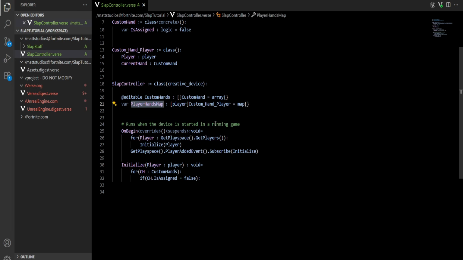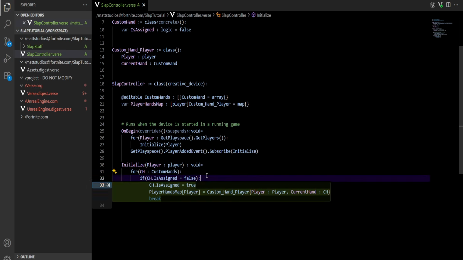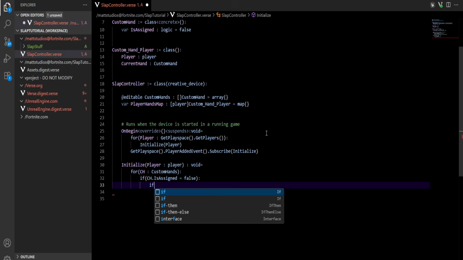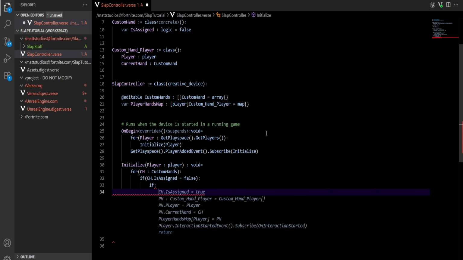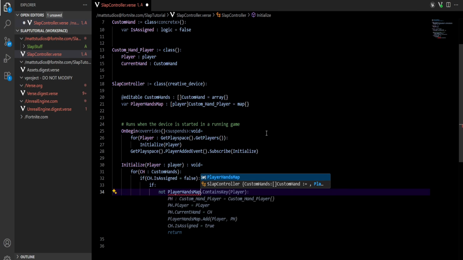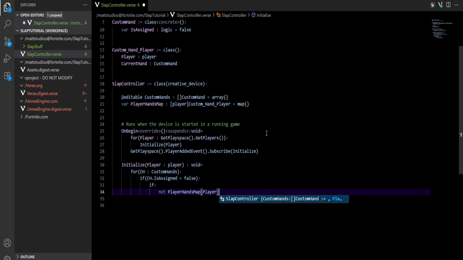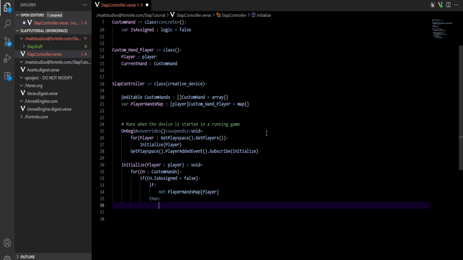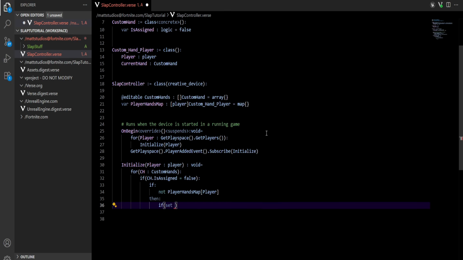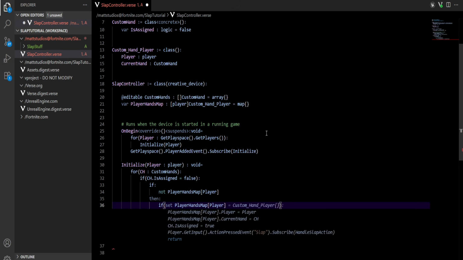So now we need to initialize the player inside of this map once a custom hand is found. So I will say, let's first check if the player is already inside the player map. So we'll say if not player hands map, and we'll put in the player. So if the player is not already in the map, is what that's saying. Then we will set player hands map player equal to custom hand player,